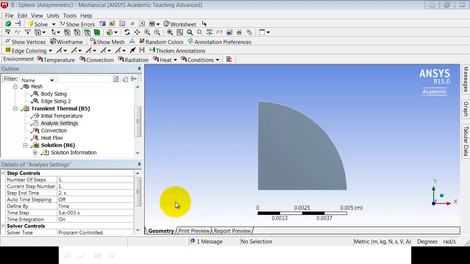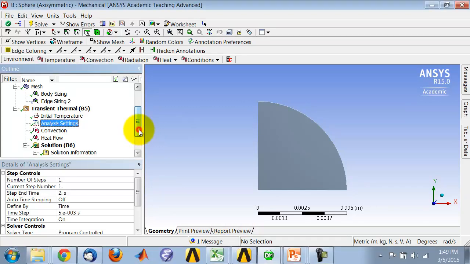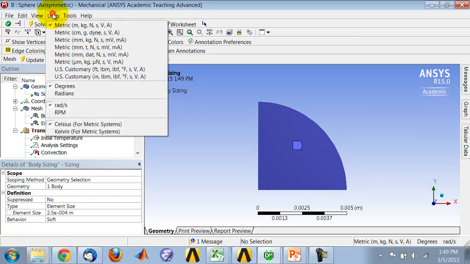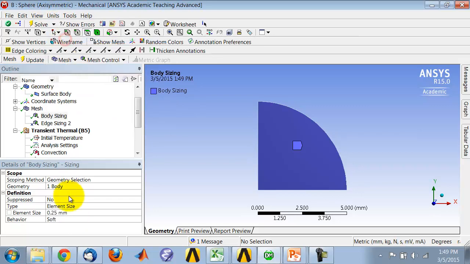So for the meshing, all you need to do is give it a sizing. You can either give it for the body or for a surface, and you set the element size to what's given in the problem. So if I change the units to millimeters here, in this particular problem, I've set the element size